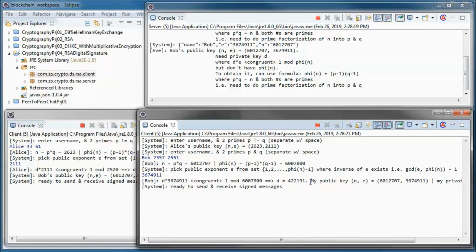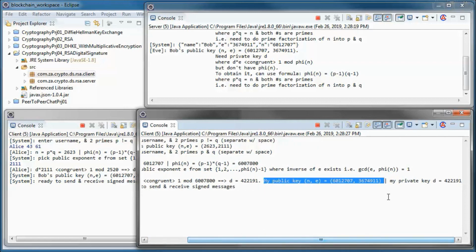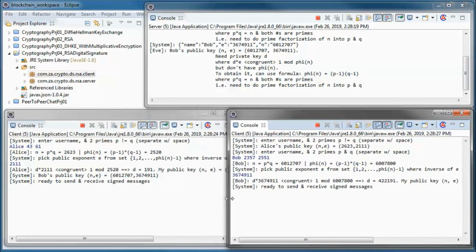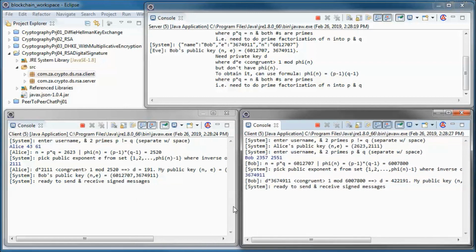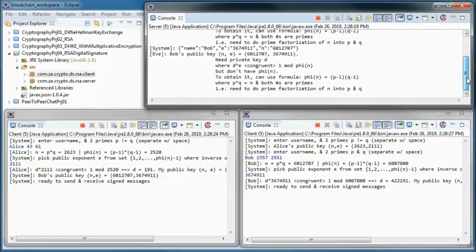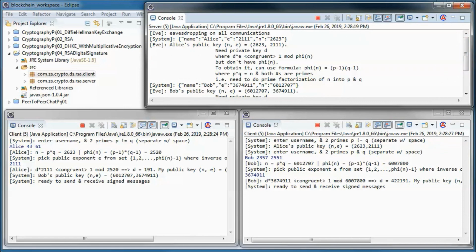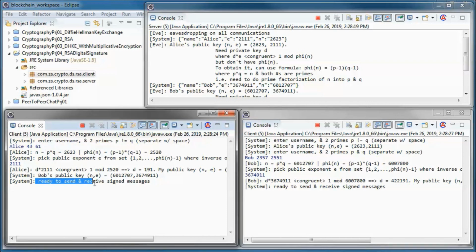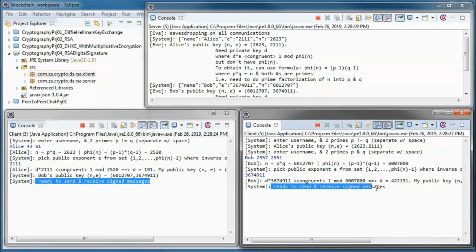So he ends up with this public key and this private key. So now both Alice and Bob can send and receive signed messages from each other.